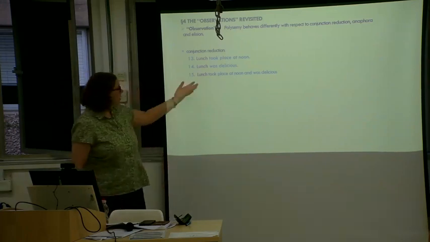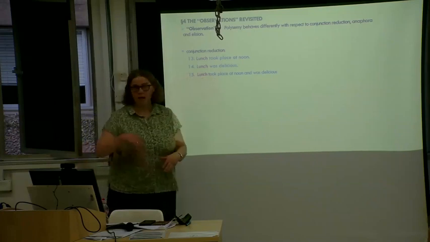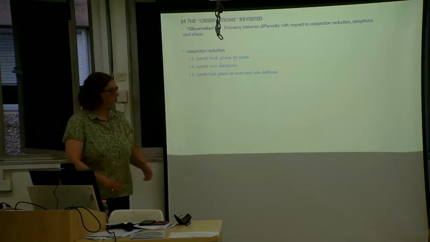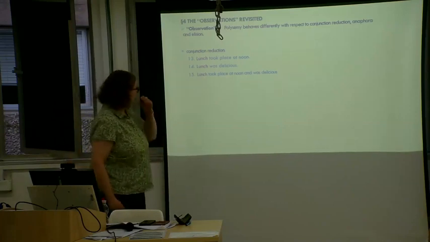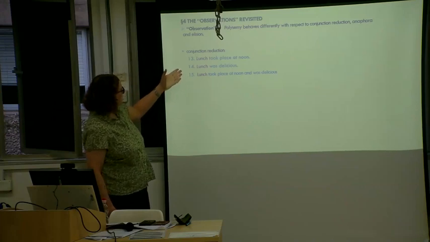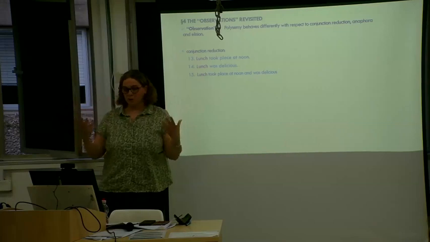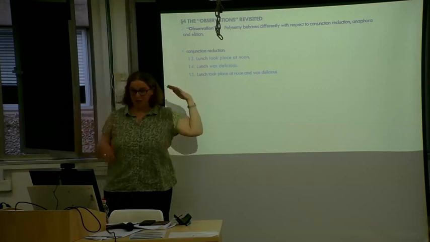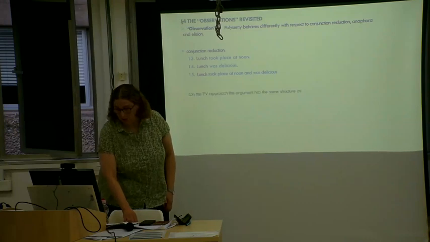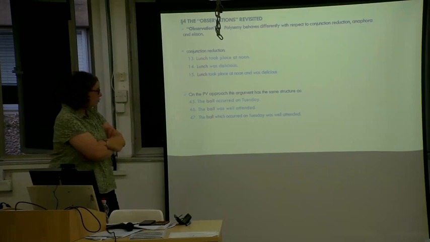So in our view, lunch, the event, can both have the property of taking place at noon and the versatile property of being delicious, which it has in virtue of the food served being delicious. Okay, but if you accept that, what's interesting is that then 13 and 14 also have interpretations where we're just using lunch in exactly the same sense in both sentences. So really what we get is that this triplet has exactly the same structure as this one, right?